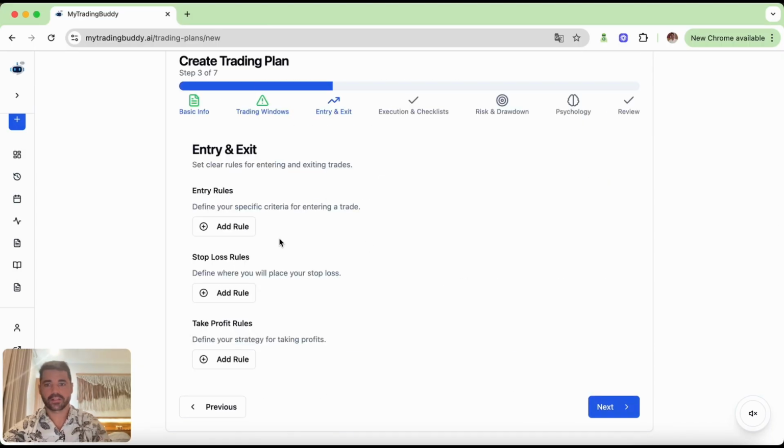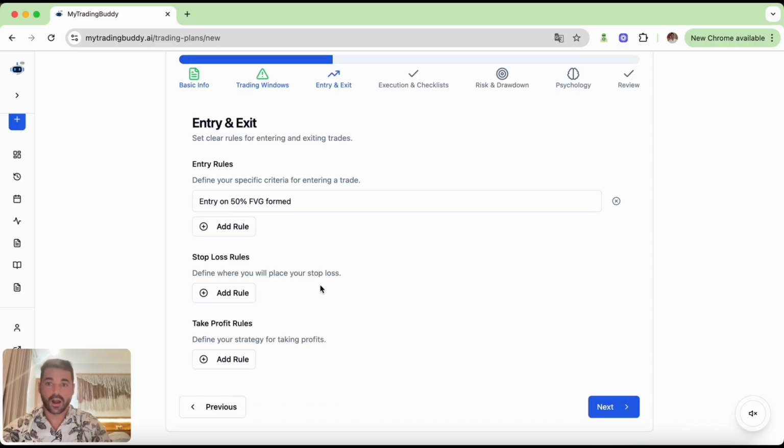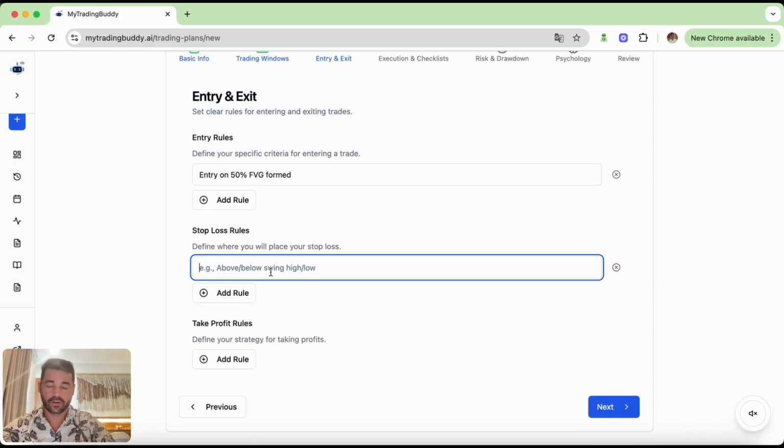Here is entry and exit rules. So and stop loss rules, take profit. It's pretty straightforward. Write your rules. For example, I'll just do entry on 50% fair value gap form. You just pretty much enter your rules right here. I'll quickly go through this because